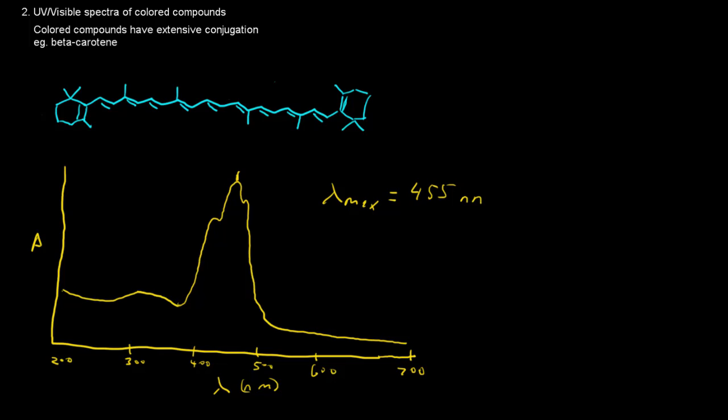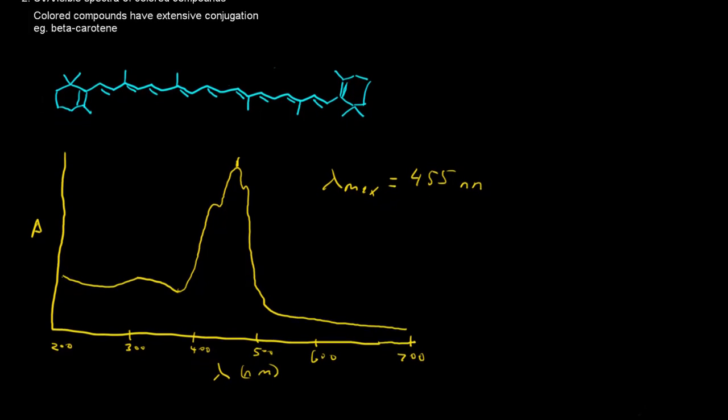We all know, obviously, that beta-carotene is orange. I don't know why I use blue here, but beta-carotene is orange. So why is it that beta-carotene, an orange pigment, is absorbing in the blue to violet region of the electromagnetic spectrum? We now have two more types of electronic transitions that are relevant to UV visible spectroscopy to consider, and